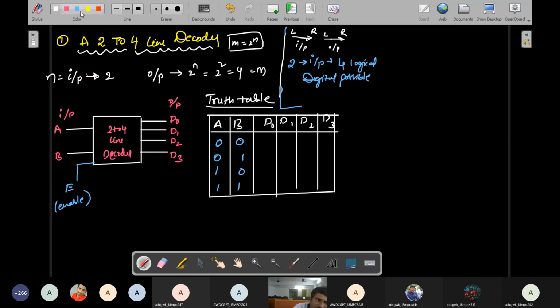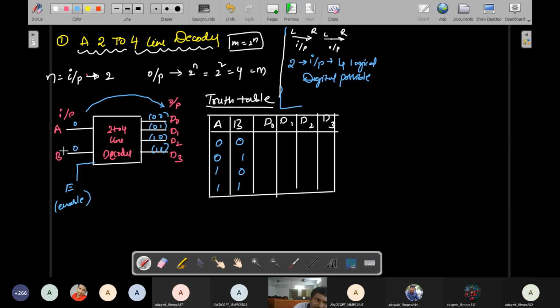Right? See, what if you take the input both are 0 0. Then these input lines are represented by the 0 0 line, this is the 0 1 line, this is the 1 0 line, and this is the 1 1 line. If you give both inputs 0 0, then the input is directly transferred to the first terminal of the output.